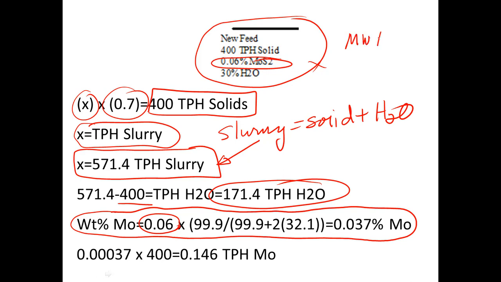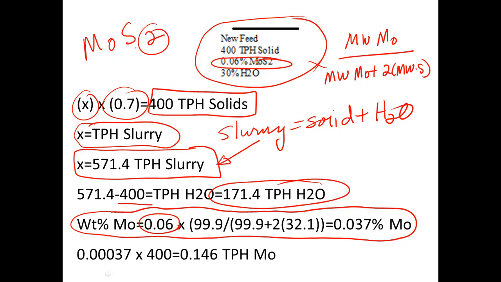And so I take the molecular weight of molybdenum divided by the molecular weight of molybdenum plus 2 times the molecular weight of sulfur, recognizing that my mineral is molybdenite. And so that's where that 2 comes from for the sulfur. These are just molecular weights that were given for both molybdenum and sulfur. And I multiply that by my mineral fraction of 0.06, and I end up with a molybdenum grade in the feed of